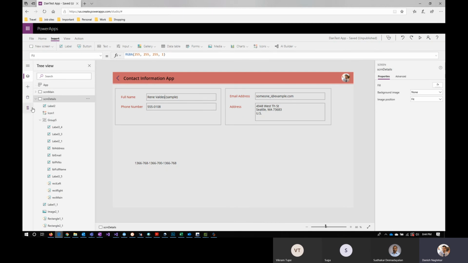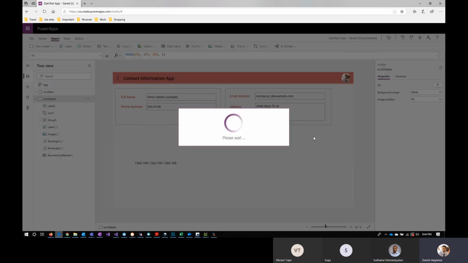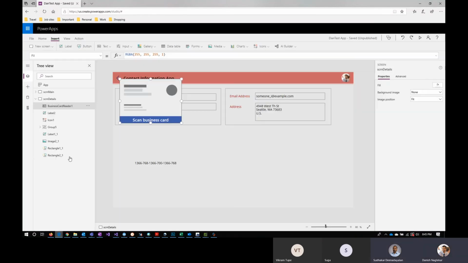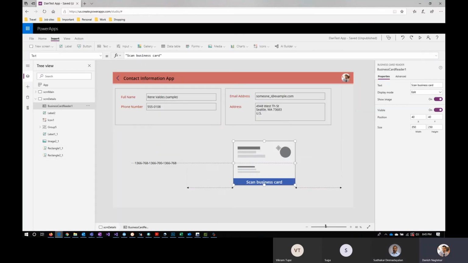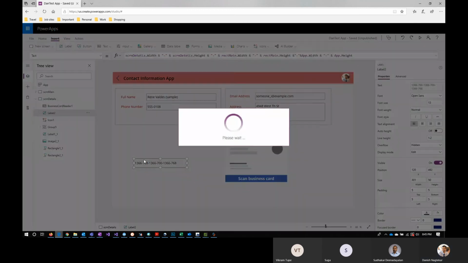Another thing is, have you gone through AI Builder? No, right? So another thing is AI Builder, and the nicest feature about this is the business card reader. So what you could do with the business card reader is,